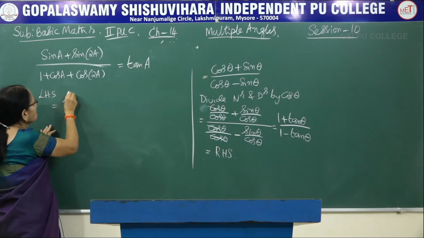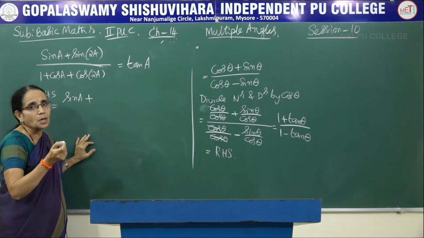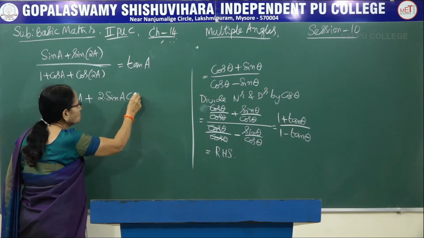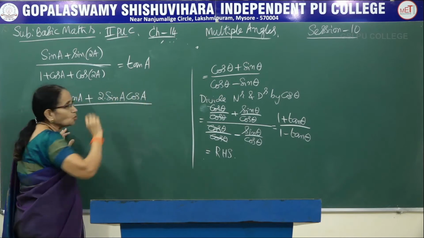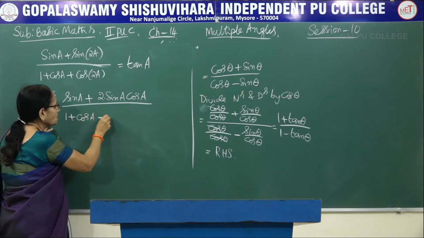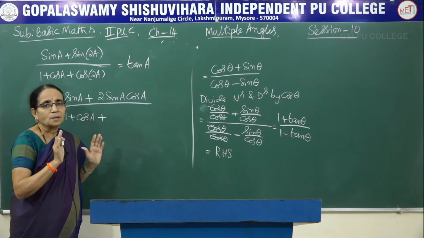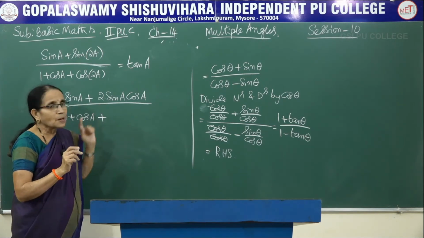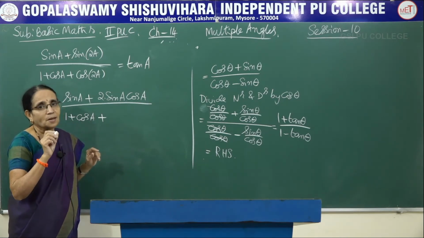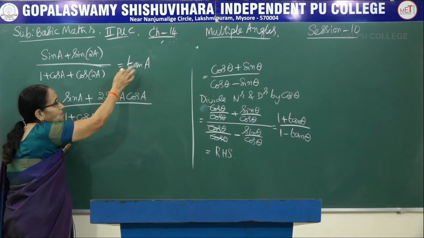Now first write sin A as it is. Look at the next one, sin of 2A. What's the formula? It is 2 times sin A into cos A. So the numerator is over. Come to the denominator. Write 1 plus cos A as it is. Cos 2A: just now I told you, cos of 2A has 3 different formulae. In the previous problem, I made use of the result cos 2A is equal to cos square A minus sin square A. Whereas here, I want it in terms of cos. The reason is, on the right hand side I want tan A.